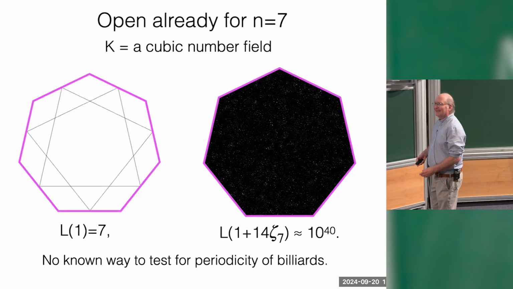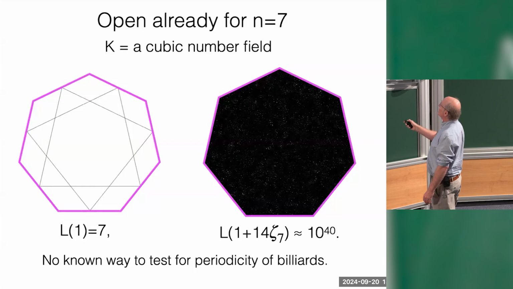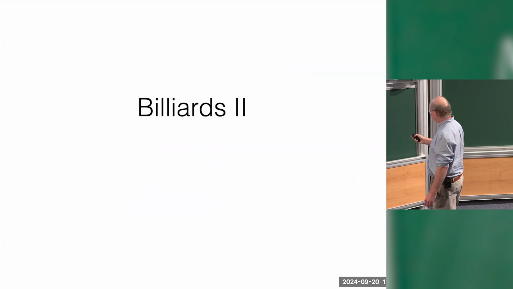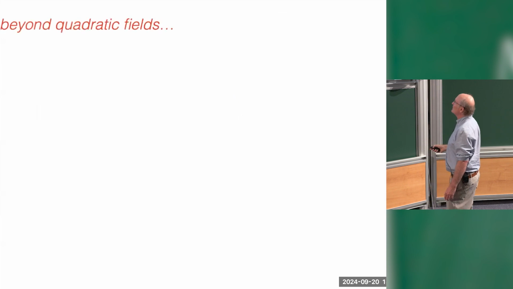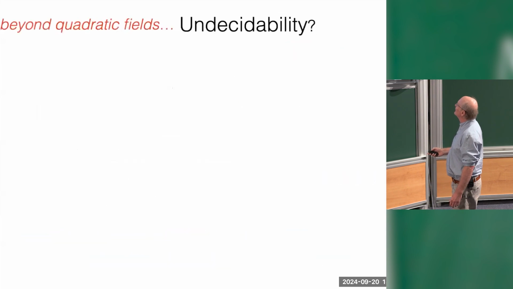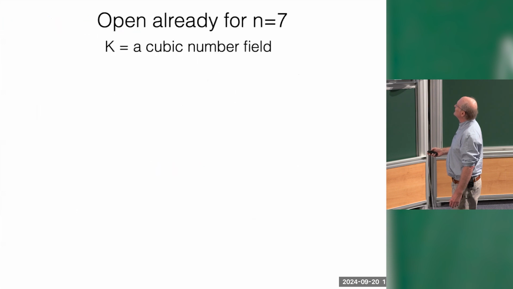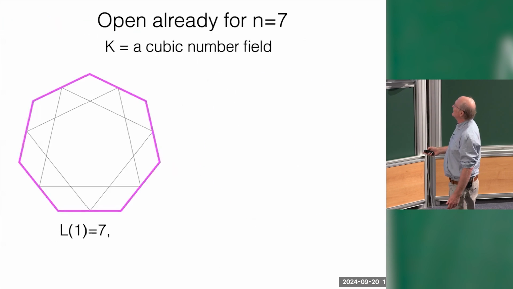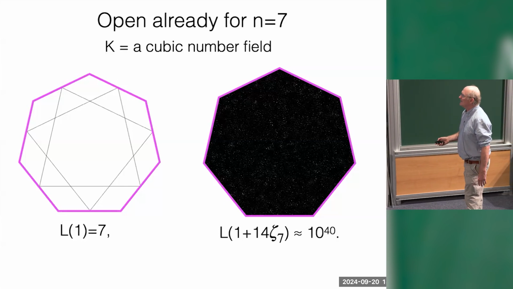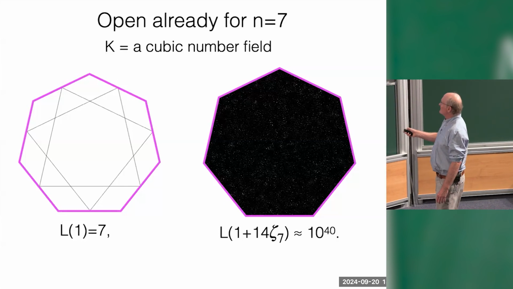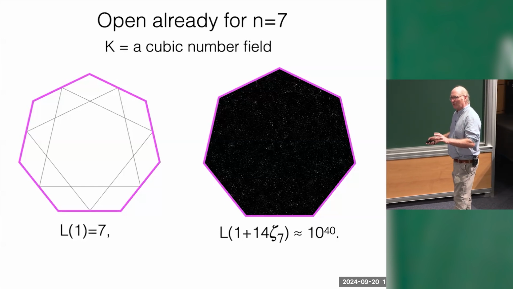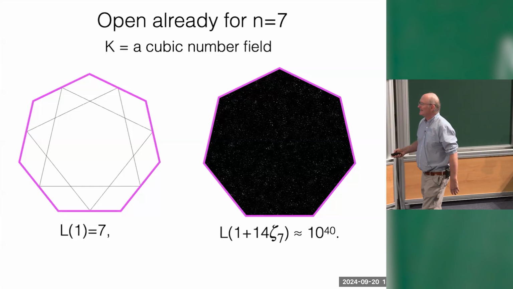What is k here? So k is a cubic number field. Did I write it down somewhere? Sorry, it's Q adjoining cosine 2 pi over 7. But how is it related to the Fuchsian group, for example? It's the trace field, the invariant trace field or the trace field. They're the same in this case. Yeah, there's something 7-y going on here. 2 cosine pi over 5 is essentially the golden mean. This has to do with Q cosine pi over 7.